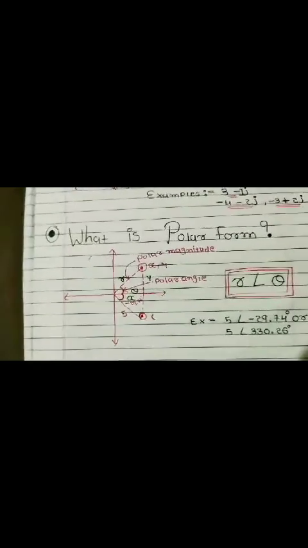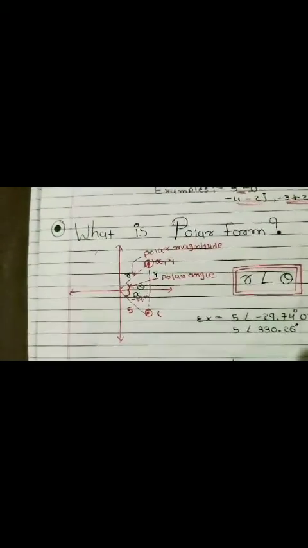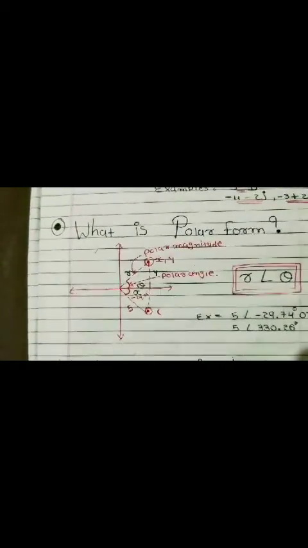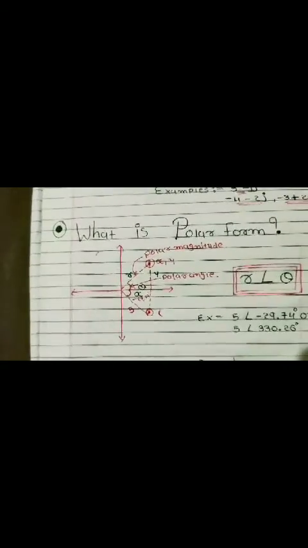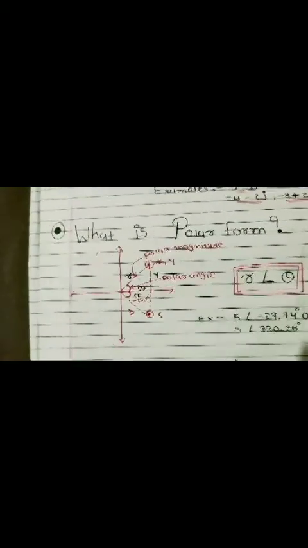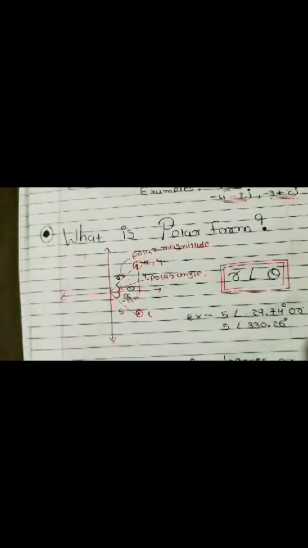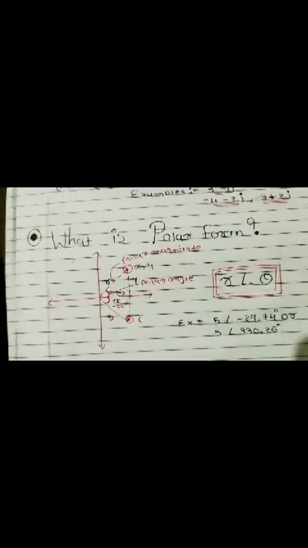So now further, we first convert a rectangular form into a polar form, and then we convert a polar form into rectangular form of the same example. So we can confirm and verify this example. So let's start. Here we have how to convert the rectangular form to the polar form. Here is one example.